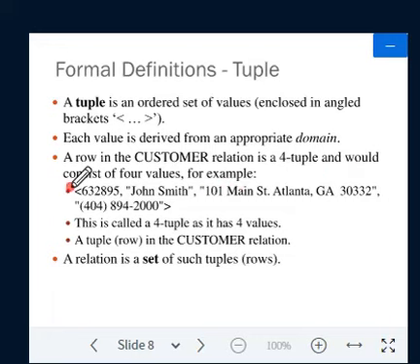When we say 4-tuple, it is a row in that table.